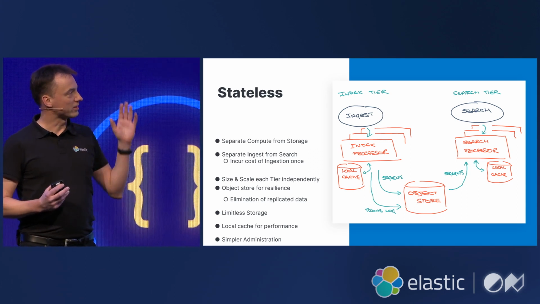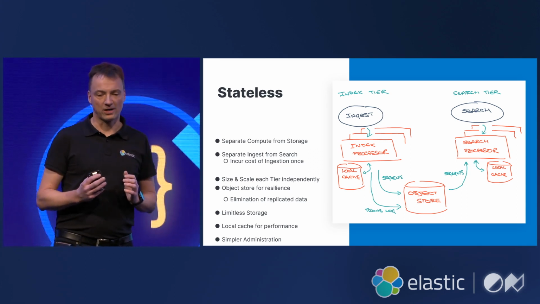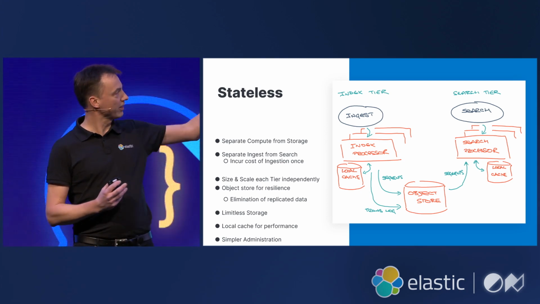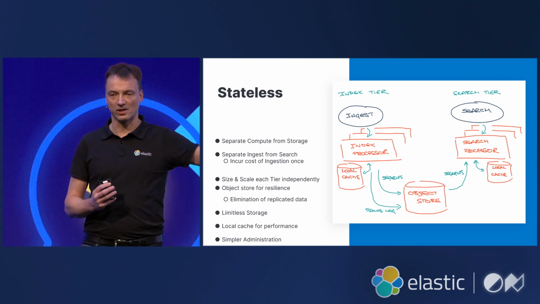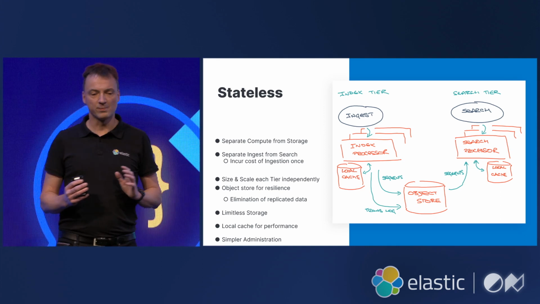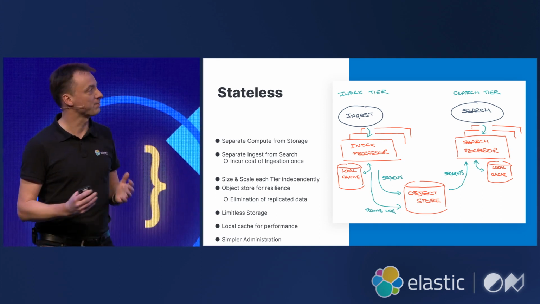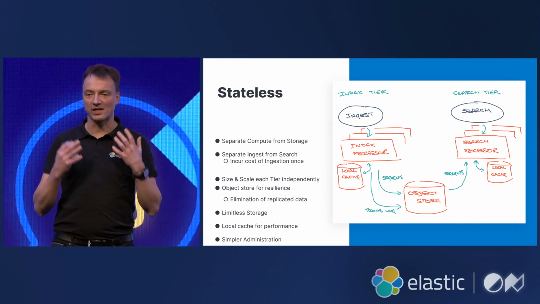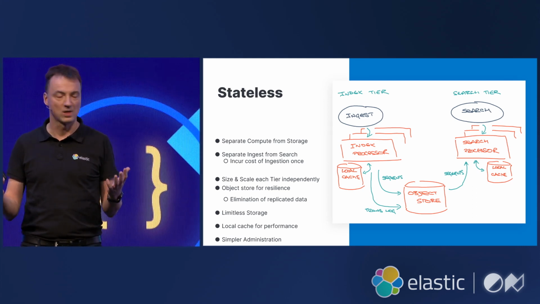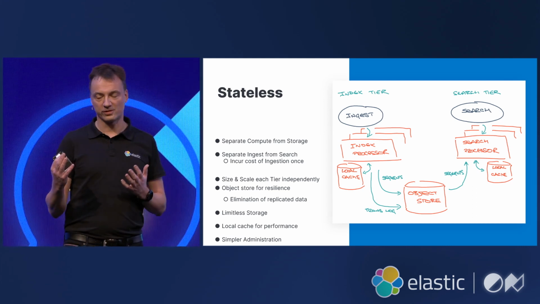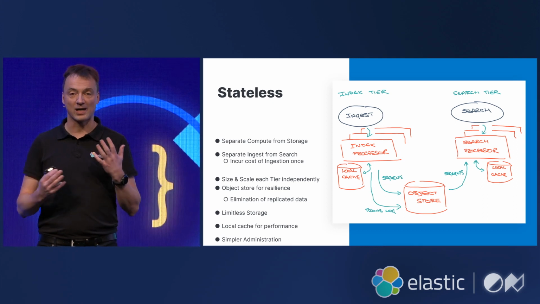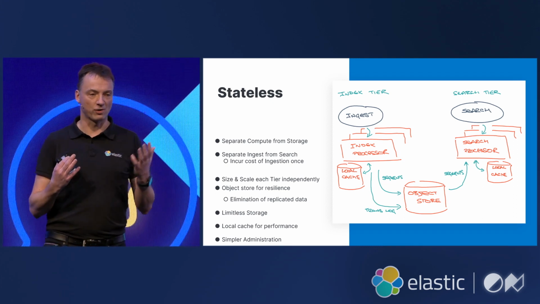Also, indexing and search workloads are separated in this architecture, illustrated here with the indexing tier on the left side and the search tier on the right side. This means that the index and search tiers can be scaled individually such that they can each be right-sized for the job. Also, the index and search tiers can utilize different hardware, so you can pick hardware that is optimal for the workload.